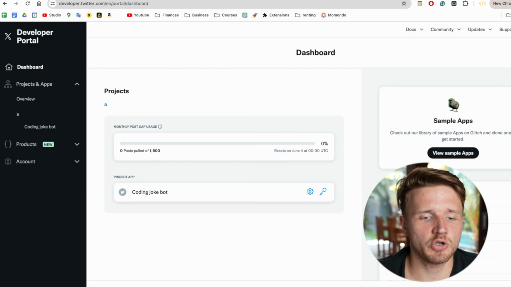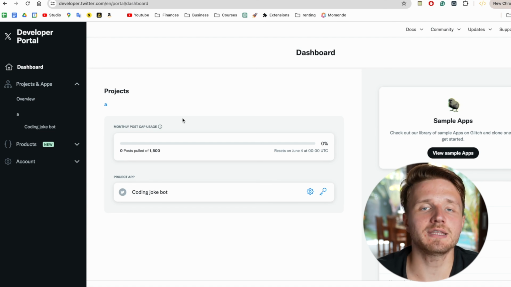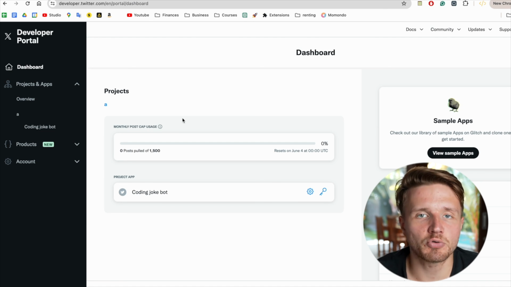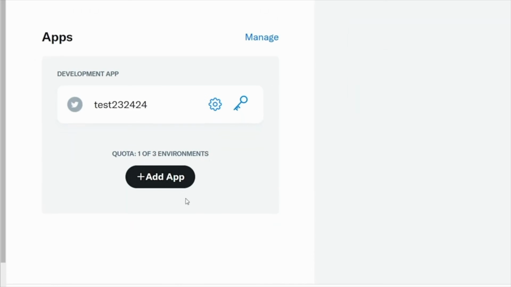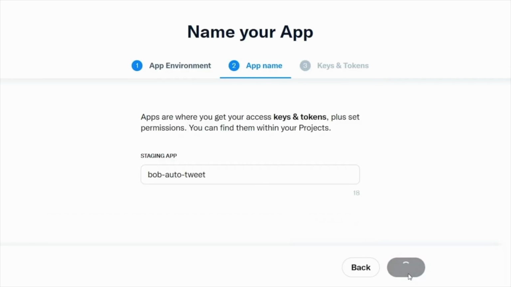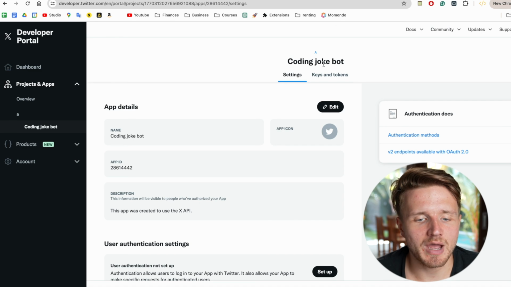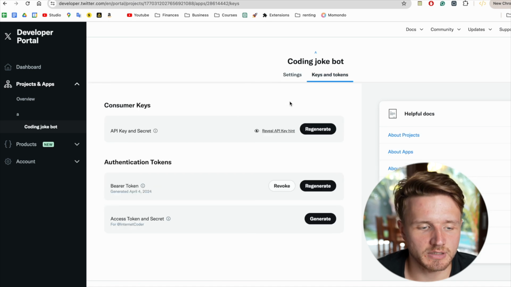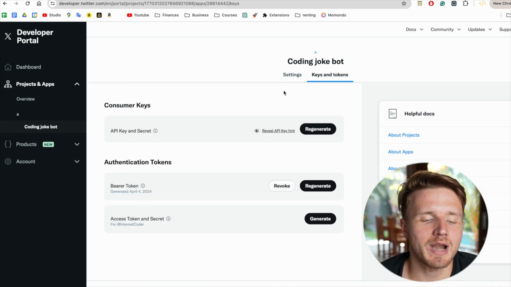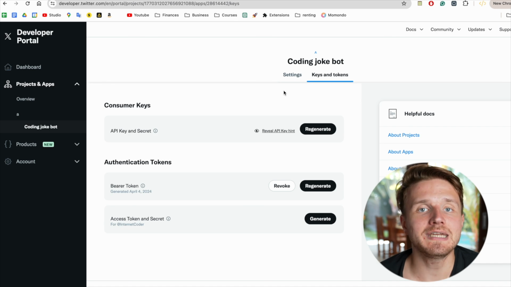Once you do that, you're going to have this dashboard over here, and there's going to be a button here for you to create a new project that is going to be the project for your Twitter bot. And inside of it, you're going to create something called an app, where you're going to have to give it a name, fill out some details, and as soon as it gets approved, you're going to have this window right here where you have your Twitter API project. And inside of here, you're going to be able to click on keys and tokens. This is going to give you access to your API key and secret that you're going to need to access